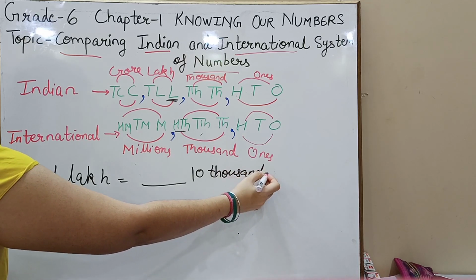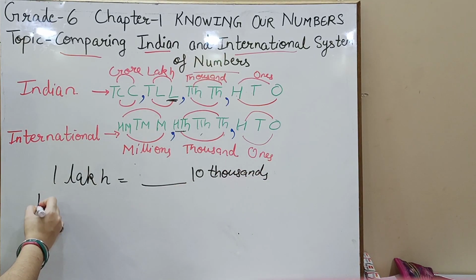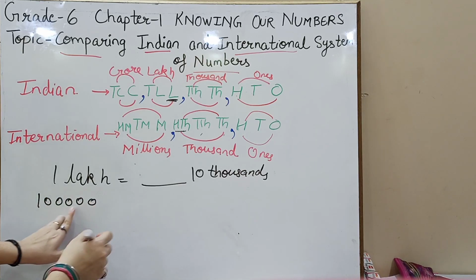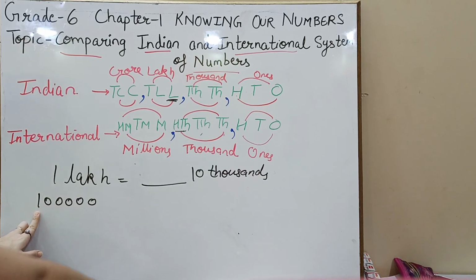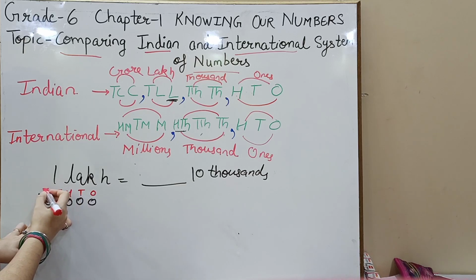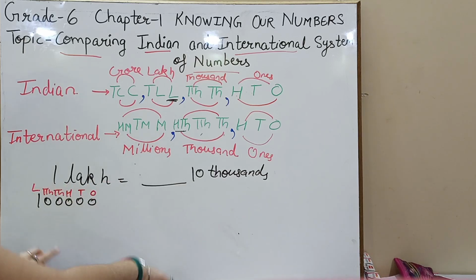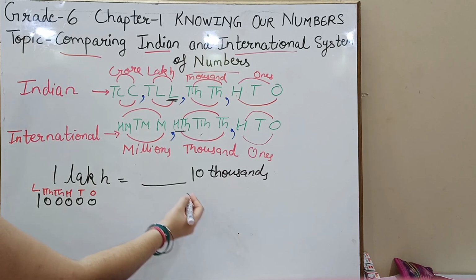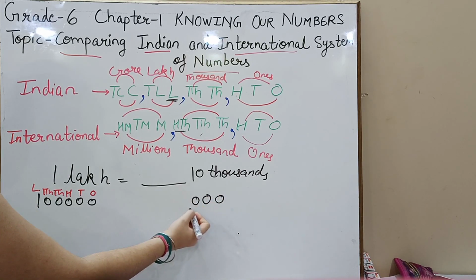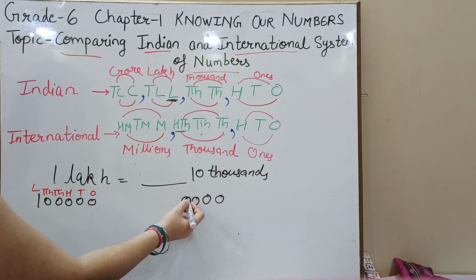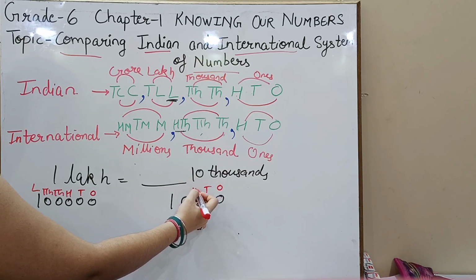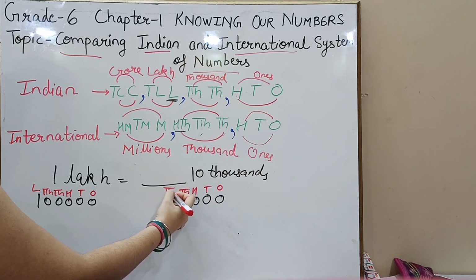पहले हम यहाँ पे 1 लाख लिखेंगे. Ones, tens, 100, 1000, 10,000, lakh. In order to make my work easier, I am putting the place values. अब मुझे यहाँ पे 10,000 लिखना है. 10,000 के लिए पहले मुझे 1000 लिखना पड़ेगा. 1000 के लिए ones, tens, 100 और 1000. अब 10 है तो 0 एक और एक 10. So we are going to write it like ones, tens, 100, 1000 and this is 10,000.